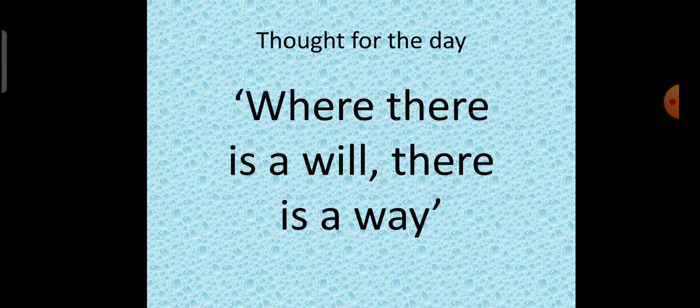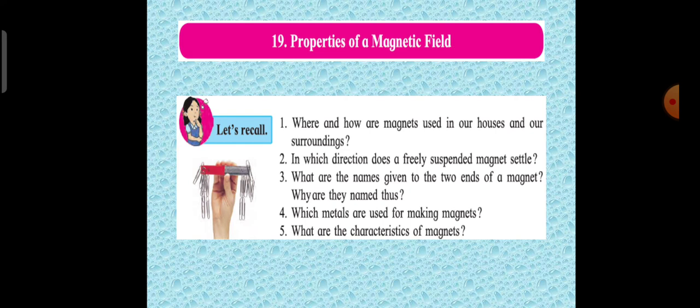Children, if you remember, in 6th standard, you have studied what is a magnet. The material to which objects made from iron, nickel, cobalt, etc. get attracted is called a magnet. This property of a material is called magnetism. Materials that stick to a magnet are called magnetic materials, while those that do not stick to a magnet are called non-magnetic materials. The metals iron, cobalt, and nickel are magnetic materials.